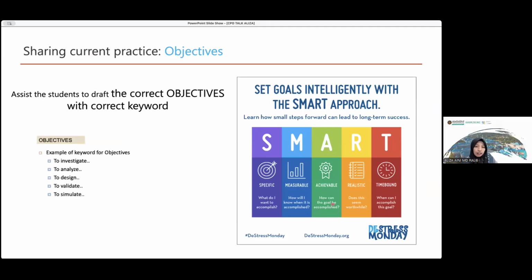Okay, then once the literature is done, from my experience, when the examiner evaluates the FIP, what they see is the problem statement and also the objective. The problem statement comes out from the literature, and the objective needs to use the correct words. From my perspective, again, the student and the supervisor need to really discuss the correct keywords in the objective to make it a SMART objective.